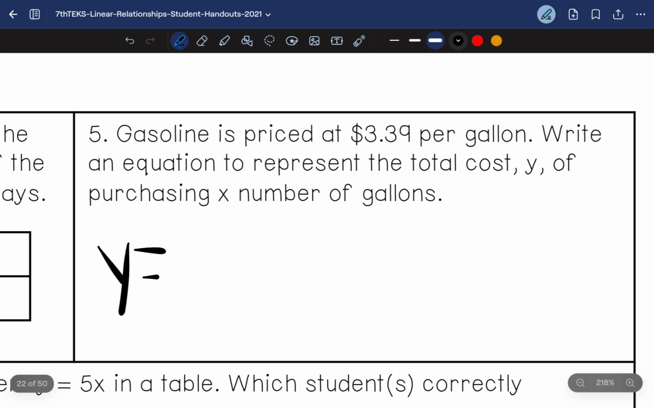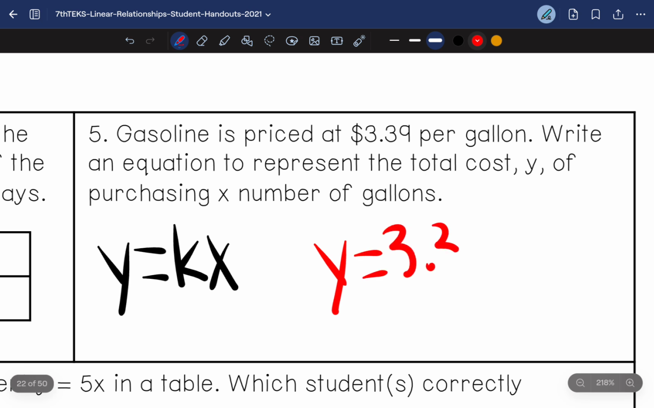Well, remember, our equation is Y equals KX. So when you're finding the cost of gas in total, you're going to multiply the price per gallon by how many gallons you put in your car. So it's just going to be Y equals 3.39X. Okay,